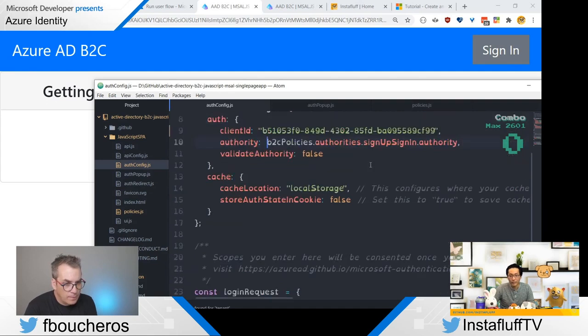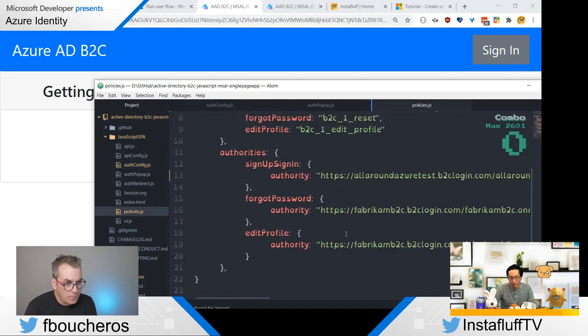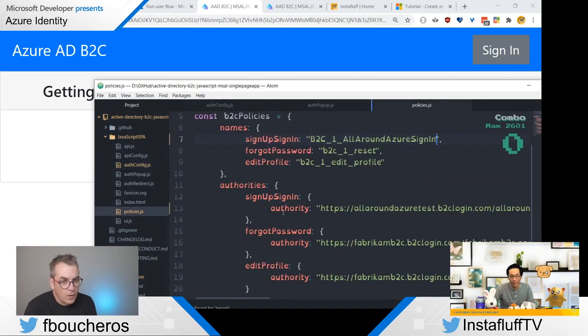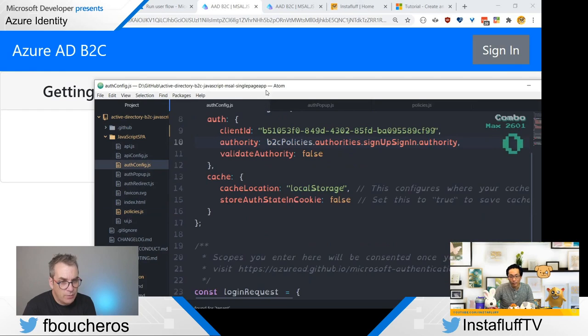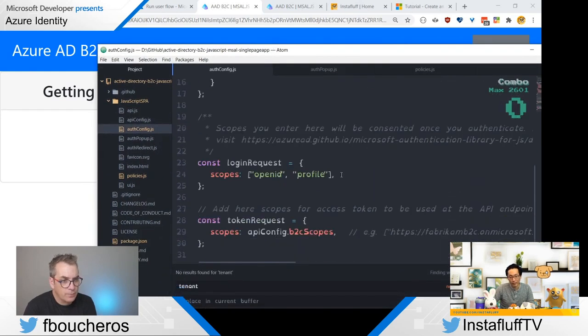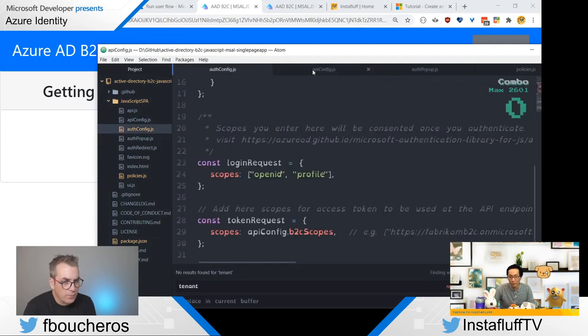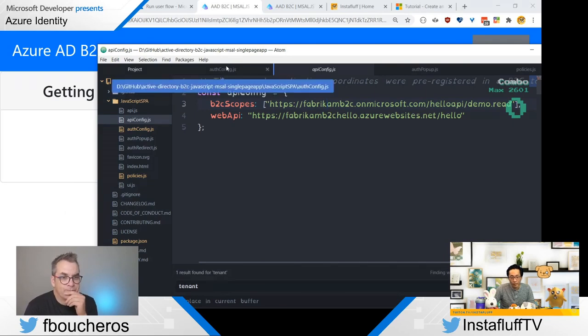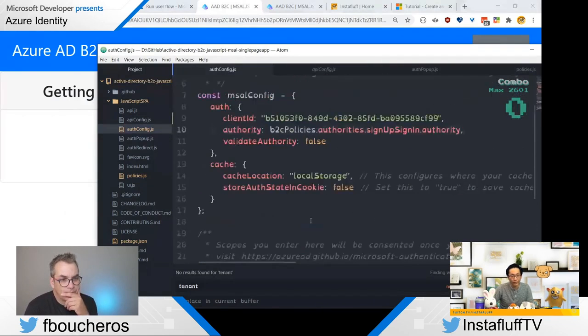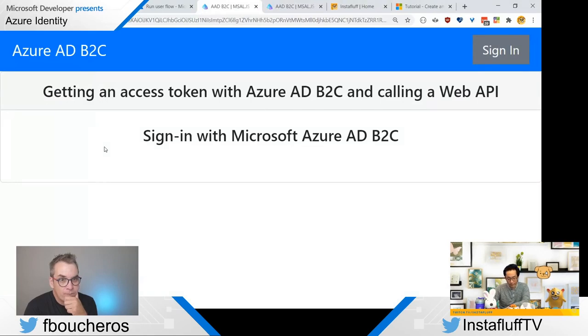So I actually just updated it directly in here. Okay. As the setup sign-in authority. Oh, because you could just go fetch there. Okay. But then the B2C scopes is in the API config, and it looks like it's this thing, but we don't have any APIs that we grant scopes for, and so I don't think that one will matter too much. And so I think that's it. That should be it.